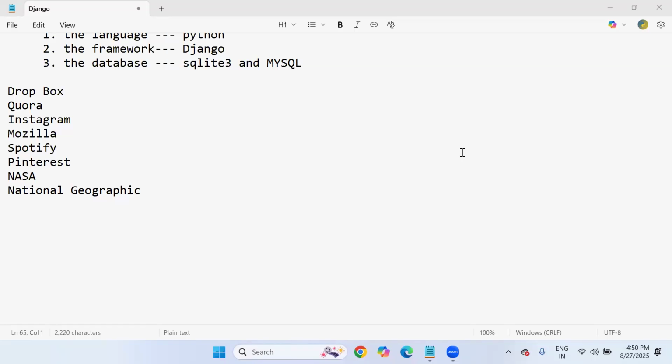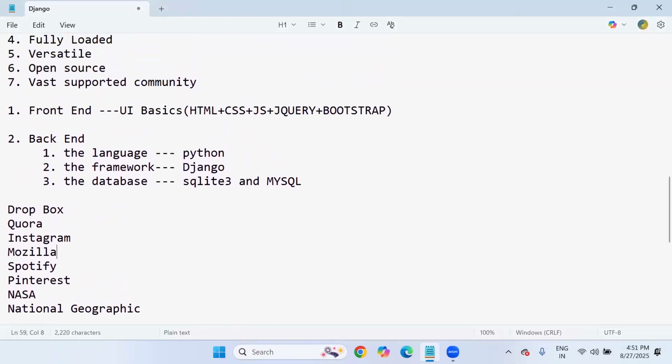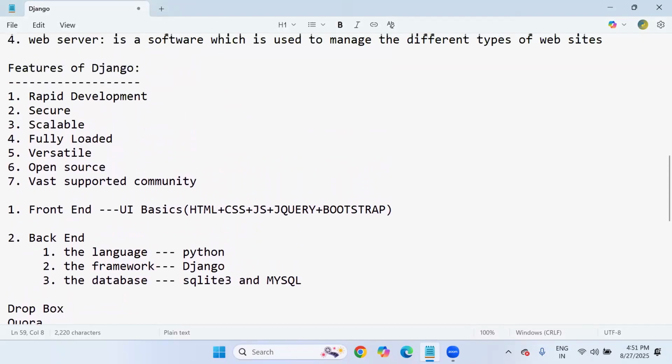Yes, we will use external APIs and process them to show some results in this course. Obviously, why not? Because with Django we are going to use REST API services, right? Similarly, we can use external APIs; I'll tell you how to call them and how to use them. So these are the popular websites which are implemented with Django and Python, front end and back end,